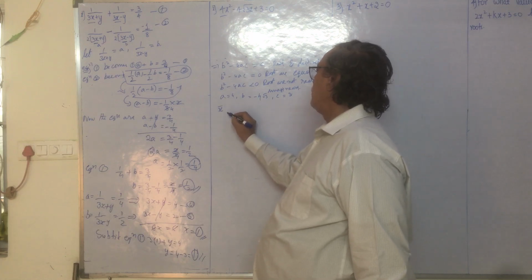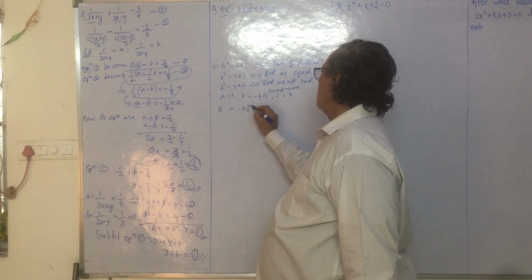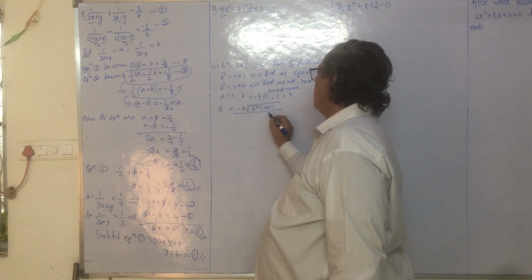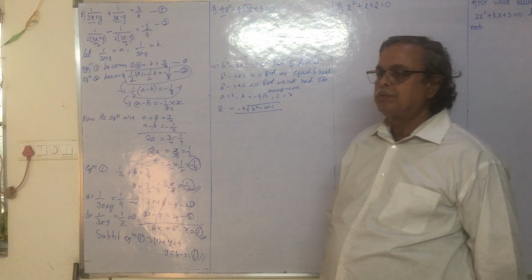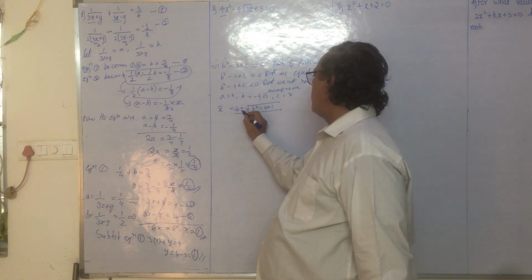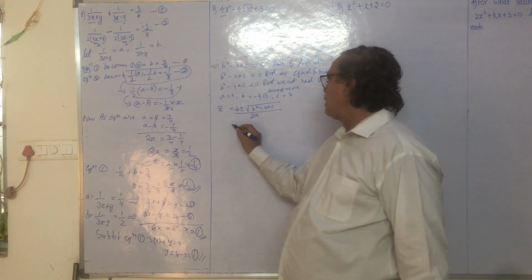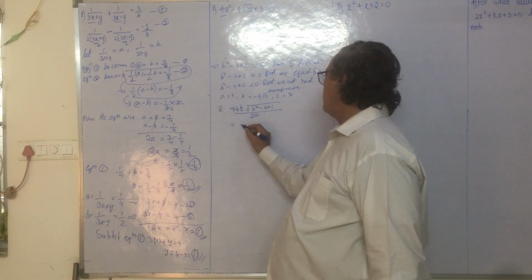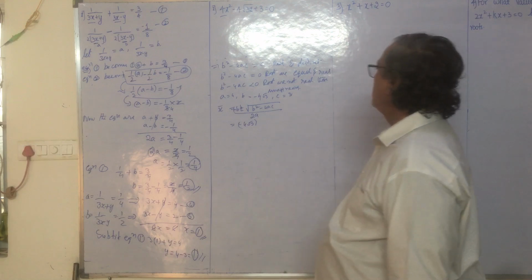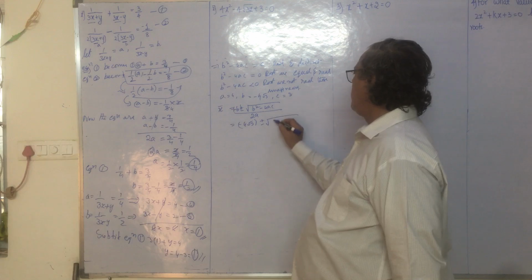The quadratic roots are equal to minus b plus or minus the square root of b square minus 4ac, all by 2a. Total you should write 2a. Next, minus b, what is that? Minus, minus 4 root 3, and then plus or minus root of b square minus 4ac, where b is equal to minus 4